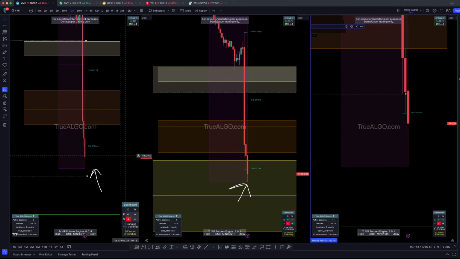Just want to point out something that you guys can write down. If the current candle right now on the index futures market, all three, close below the orange box that you see in front of you, we can then look for prices to go much lower going into the New York Open.